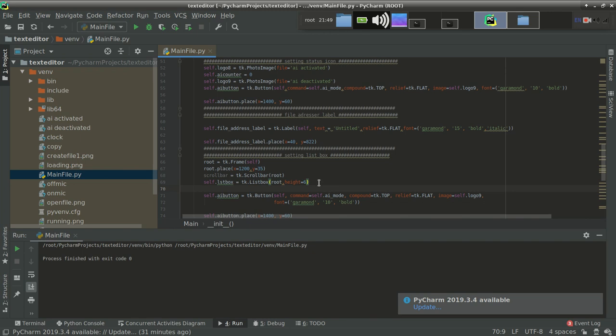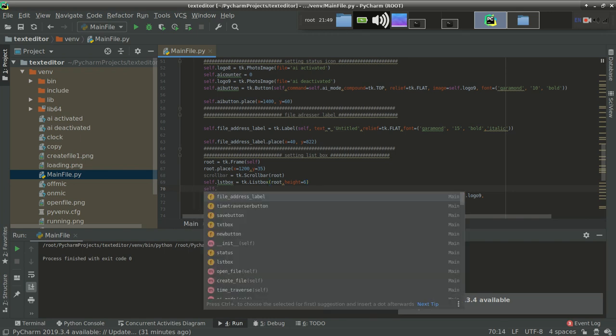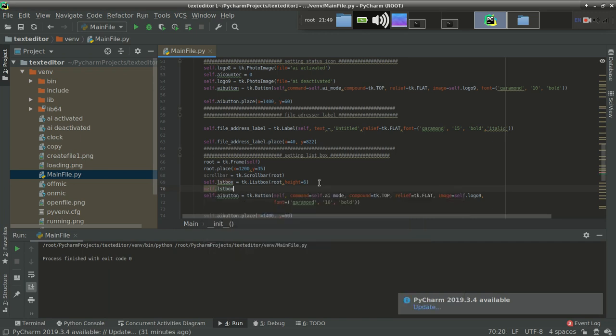So for putting it, you have to use self dot listbox dot pack. Here I am using pack manager just for simplicity. Side equal to tk dot LEFT. That's it. Side equal to tk dot LEFT means our scroll bar is going to be on right and our list box should be on left side. That's why it is tk dot LEFT. So we have put our list box on the root window, root frame.